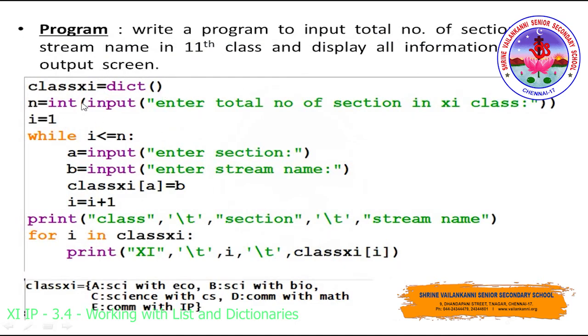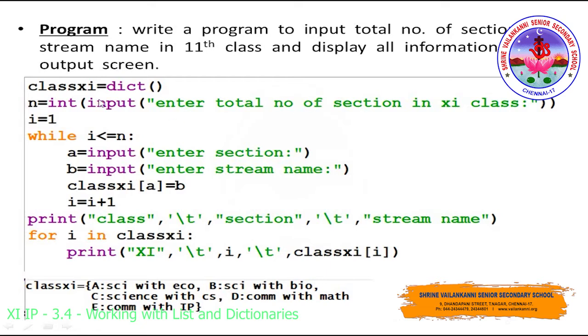So by looking at it, see what they have done. Class 11 is the variable name, and we are creating an empty dictionary by using the dict parenthesis, that is the dictionary method. So we have assigned the dictionary method to the class 11 variable, which means we have created an empty dictionary. And inside this empty dictionary, obviously, as we have discussed in the previous classes, we have to initialize some values, or we have to assign some values inside the empty dictionary, right?